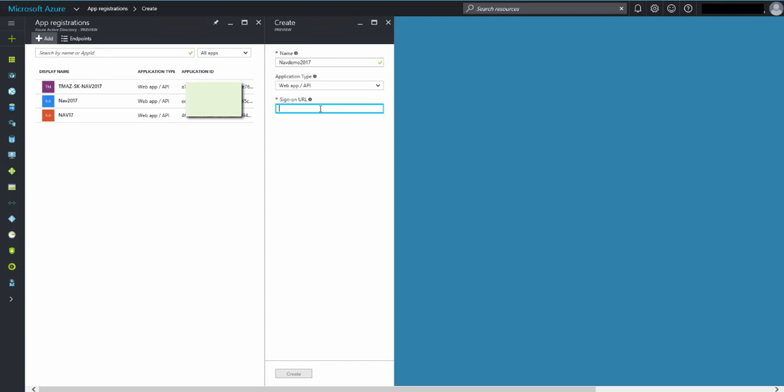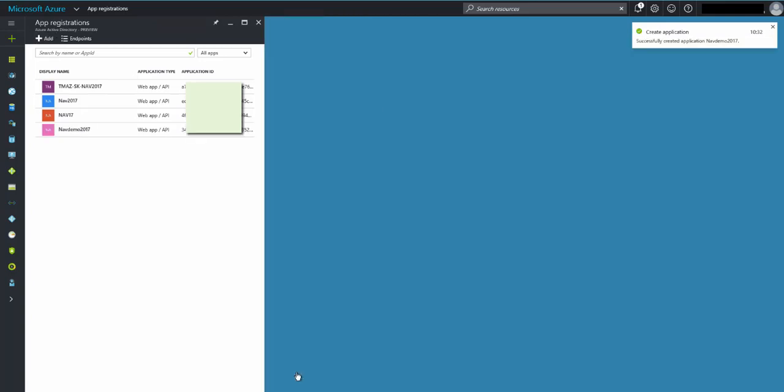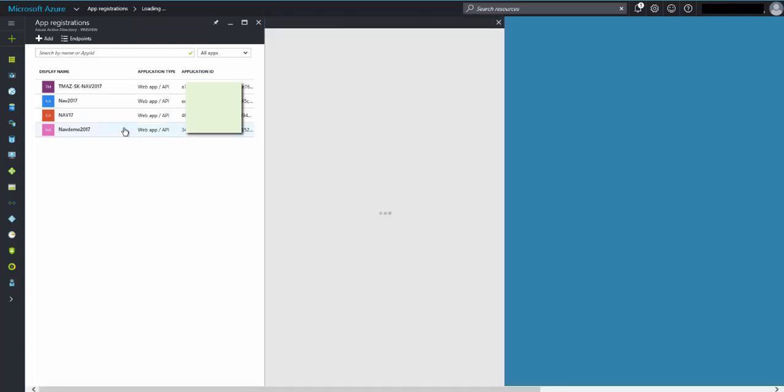Okay, so we can paste in our sign-on URL here. I'm going to paste that in there, and we're going to click on create. Great. So our list now shows a fourth app ready for use. Absolutely. So if we click on that new app,